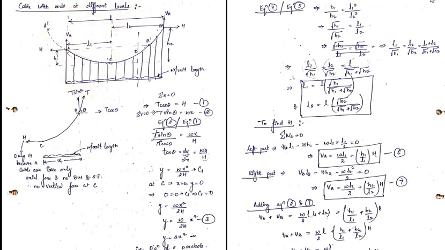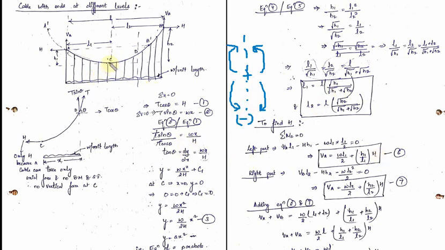In order to write the bending equations, we will use some sign conventions. The sign convention which I will be using is that the sagging bending moment is positive, so I will take this type of bending moment as positive, and the hogging bending moment is negative, so this type of bending moment I will take as negative. So this is your section.